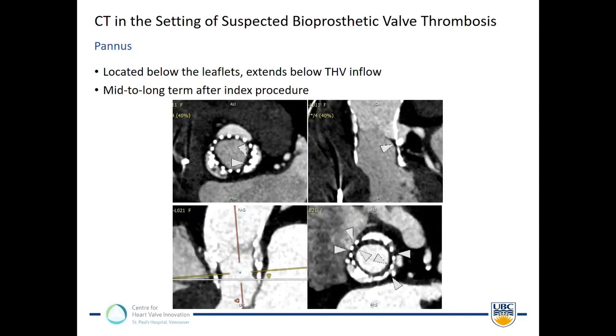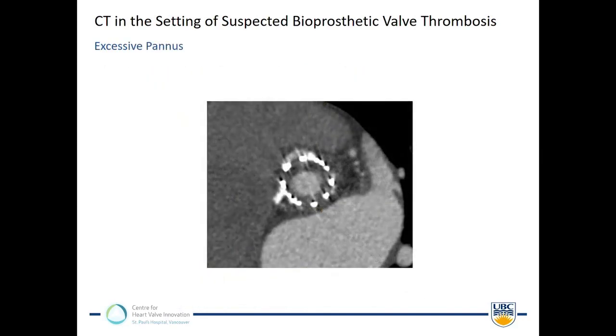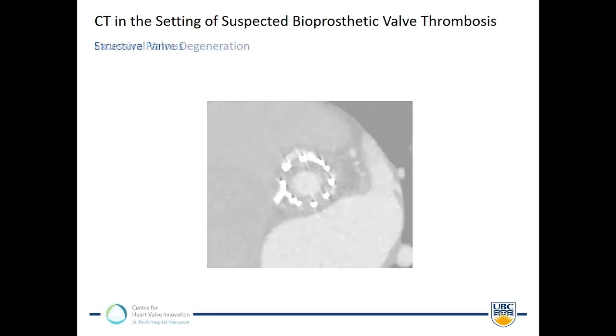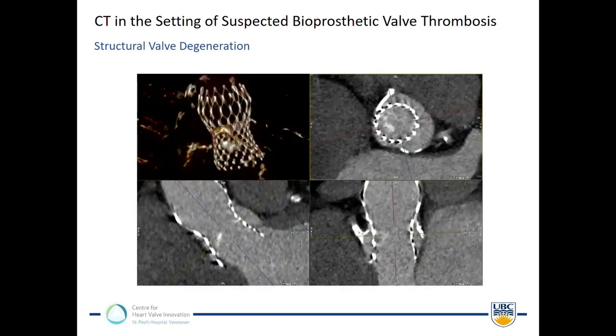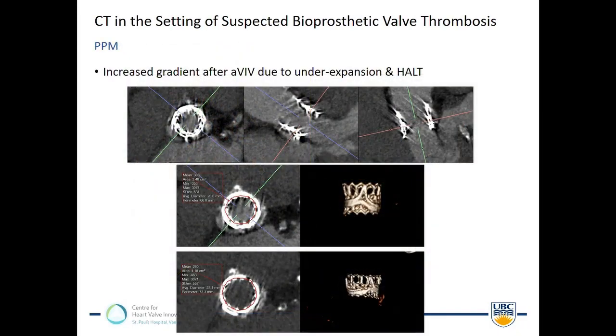Other reasons for abnormal findings, there are plenty. One is pannus. Pannus is usually distributed in a very circumferential fashion, and most importantly, it extends somewhat from the LVOT to the inflow of the leaflet. So it's actually pretty easy to differentiate pannus from leaflet thickening on CT. Here, an even more pronounced finding. Those patients may actually also show up with an increased gradient, and that's, I think, one of the benefits of CT, to really differentiate those different scenarios. Then, of course, structural valve degeneration, as shown here in a CoreValve case with calcification. And I think the other differential is patient-prosthesis mismatch.